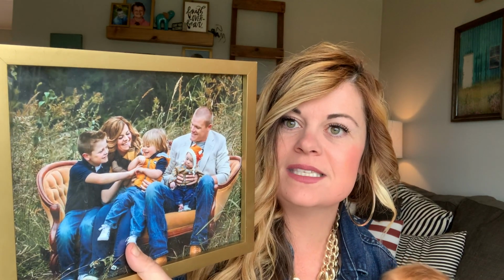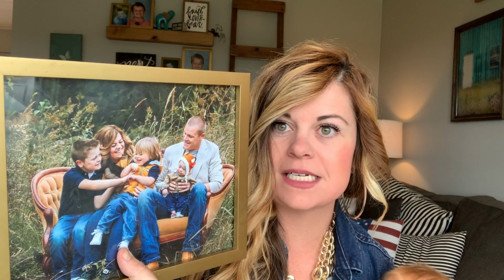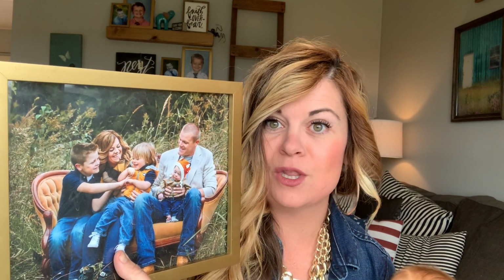Okay, you guys can see how put together my hair is. It is very hairsprayed. It ages me. It makes me look older. It makes me kind of look like a political person that's trying to seem like I have frozen hair. I don't want that in my pictures. I want to look young, youthful,